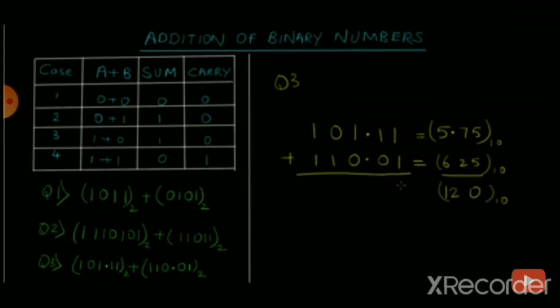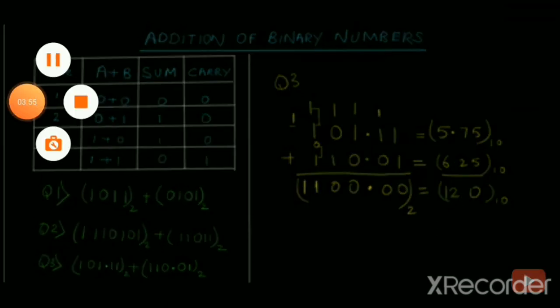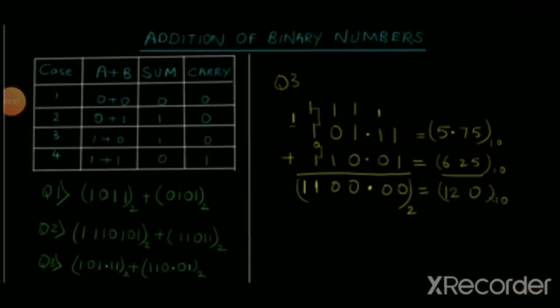So we have 1 plus 1, again 0, 1 gets carried. So 1 plus 1, 0, 1 gets carried. Again 1 plus 1, 0, 1 gets carried. 1 plus 1, 0, 1 gets carried. Now 1 plus 1 would give us 0 and 1 is going to get carried, but 0 plus 1 is going to give us 1, and lastly this carry. So we have decimal point over here after two digits starting from the right. So now if you convert this binary value to decimal value, I'm sure you're going to get the value of 12.0 in decimal. So this is how you can cross check fractional binary